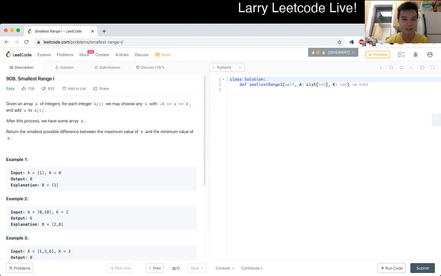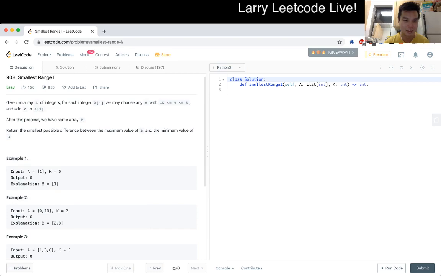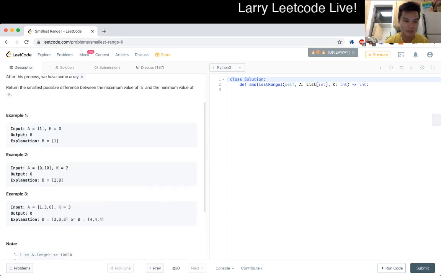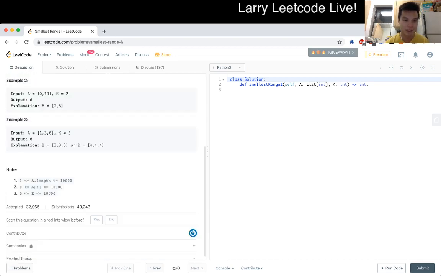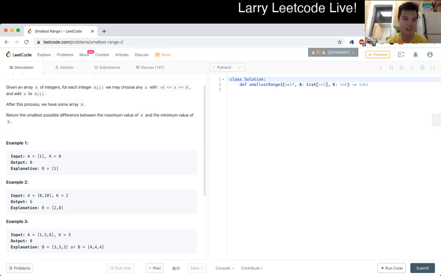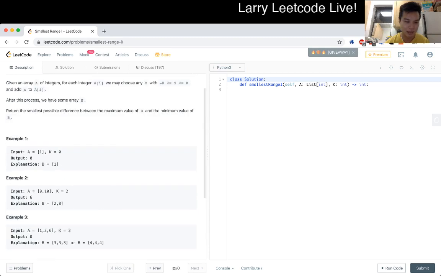Okay, so you have an array, and then you have some x. So we could choose any k or negative k to add x to it. Between the maximum, return the smallest the maximum. Okay. Oh, so each number could individually choose a different x. Okay. So given k,